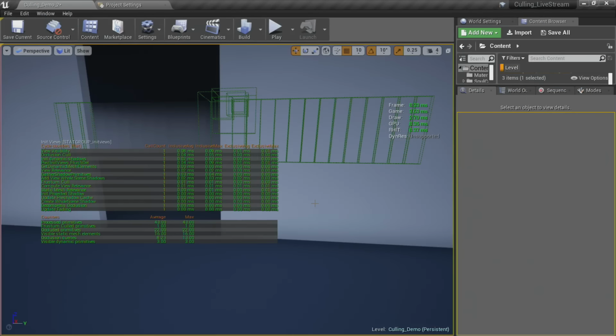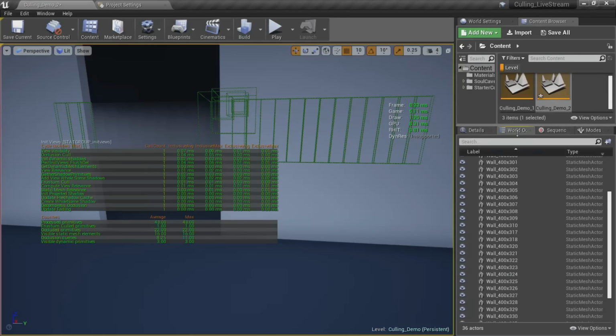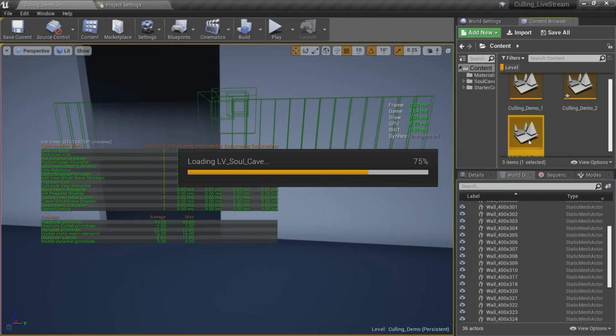So let me go back to one thing and show you real quick here in the editor that I forgot. If I bring up stat unit, what you're seeing here is the frame time that we're spending on the game, the draw, and the GPU. Most times when you're GPU bound, here, let me actually open up the Soul Cave.